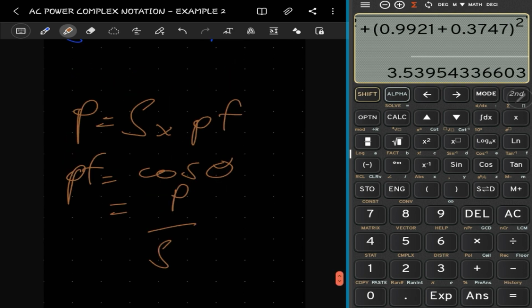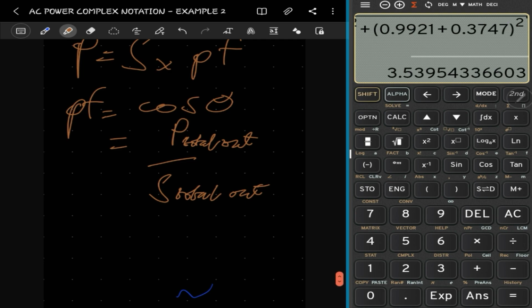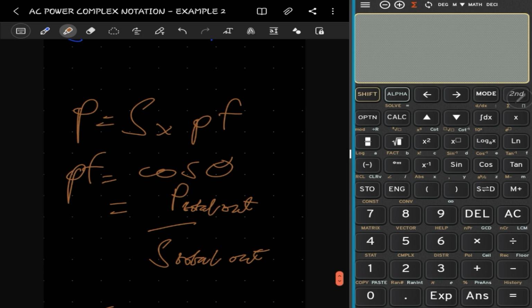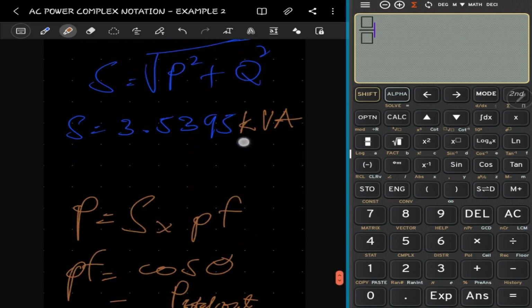It's saying off the load, right? So we have the P total out and the S total out. These are the values that you use. If you use something different, it could be something else, because they are saying off the load, so they are saying output. That's what they are looking for. And then we have the total power output